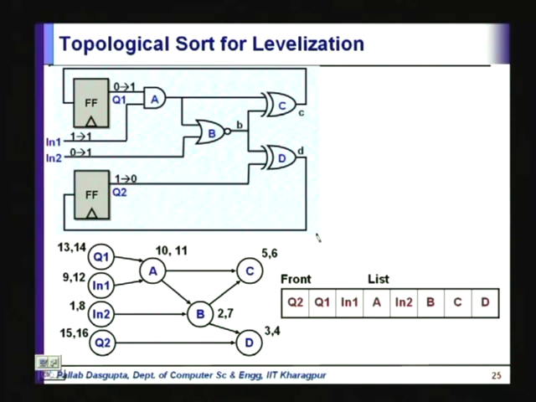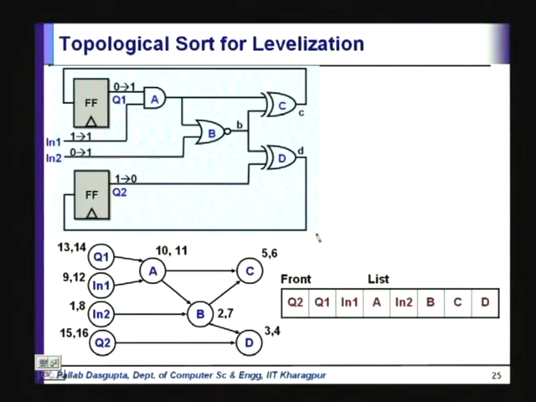So, how do we do levelization? We execute an algorithm called topological sort. Now, many of you who are from the computer science background must have gone through topological sort, but I believe that there are a few students here who are not from computer science background. So, we will briefly go through what topological sort does. What we are going to do is treat these nodes, the flip flops, the gates, etc., as nodes of some graph, all right,